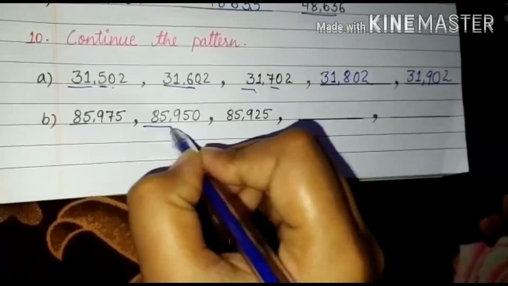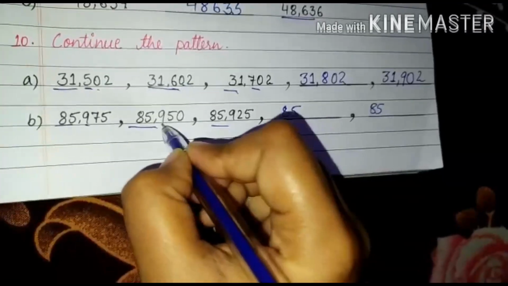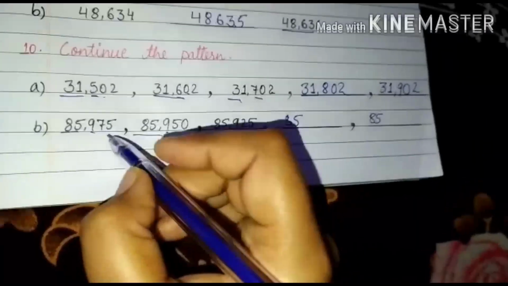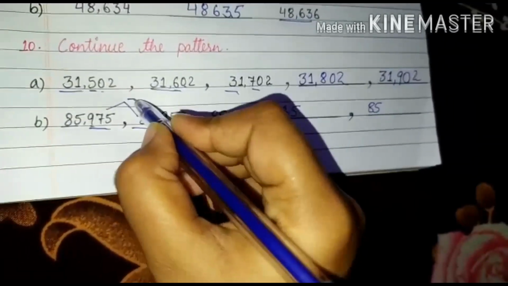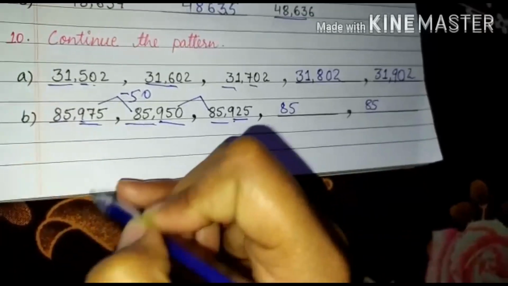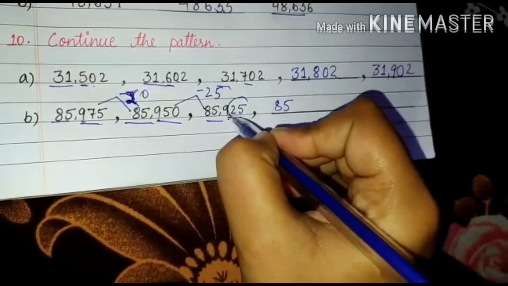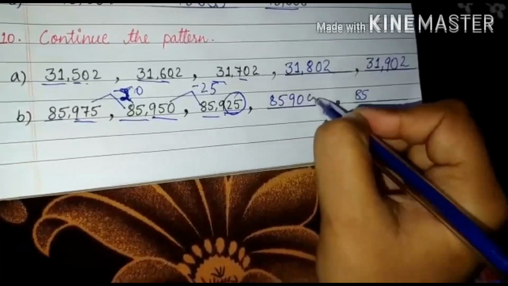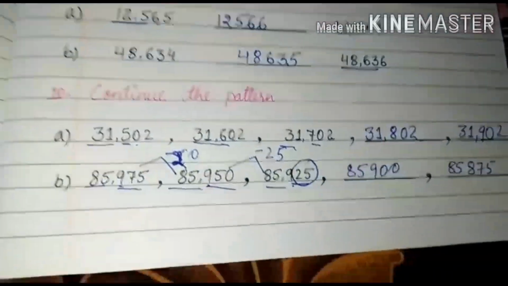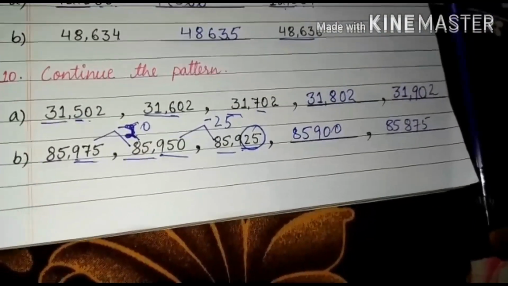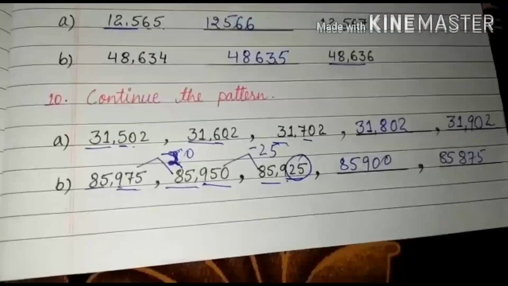Now 85,000, 85,000, 85,000. I'll write 85,000 in both the blanks. Then I have 900, 900, 900. But you can see that it is 975, 950, 925. Yani I'm subtracting 50 at each number. Subtracting 50 or 25. It's 25, students. Okay. Subtracting 25. So if I subtract 25 from here, I get 900. If I'm subtracting 25 from here, then I get 875. So different patterns have different techniques with them. So just try to learn what numbers are telling you and just go on with it.